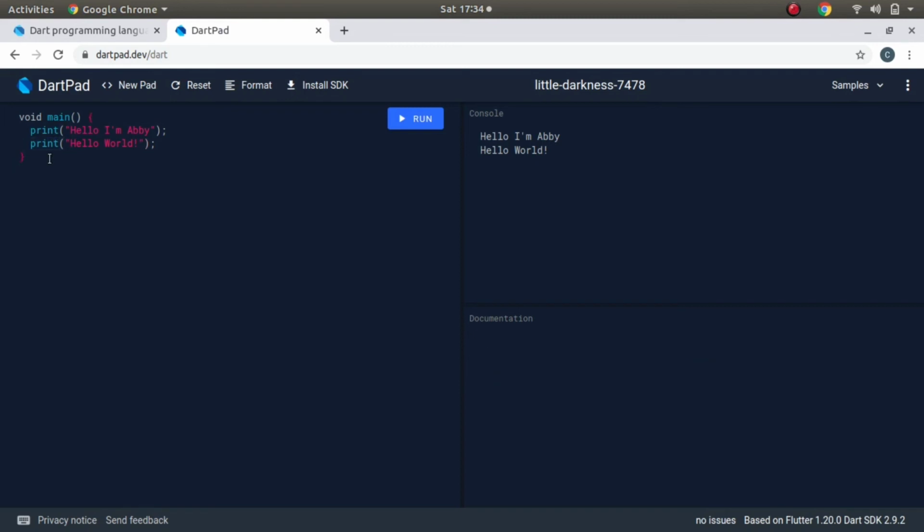So what the compiler does is this: the Dart programming language is human readable. In the due course of learning Dart, we learn how to communicate with the computer, just as we learned from childhood how to communicate with others in English or in our mother tongue. So this is a human readable language.